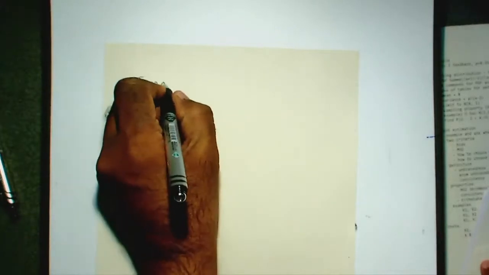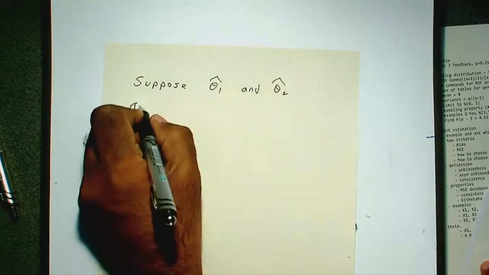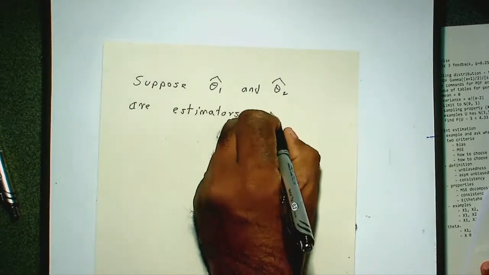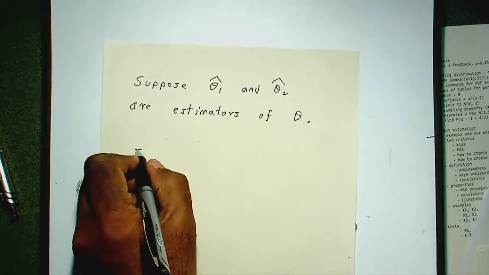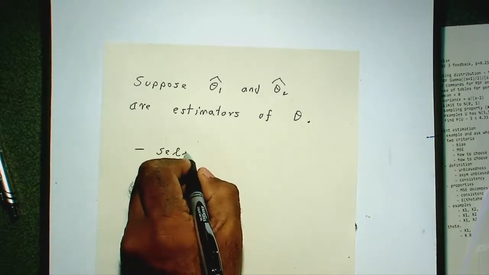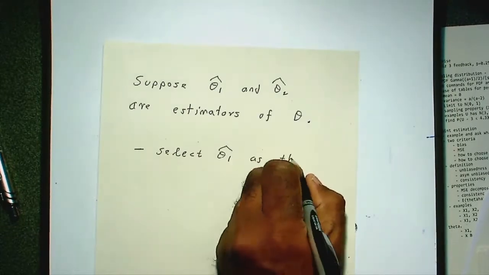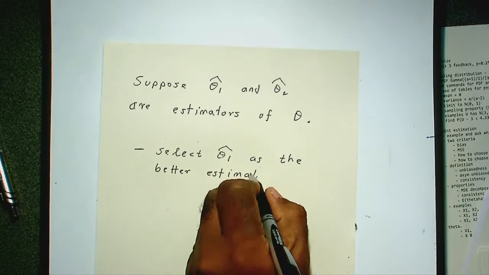Suppose theta 1 hat and theta 2 hat are estimators of theta. Okay. Suppose you have two. In practice you can have more than two, but for simplicity, let's say you have two estimators for theta. In this case, of these two, you would select theta 1 as the better estimator,